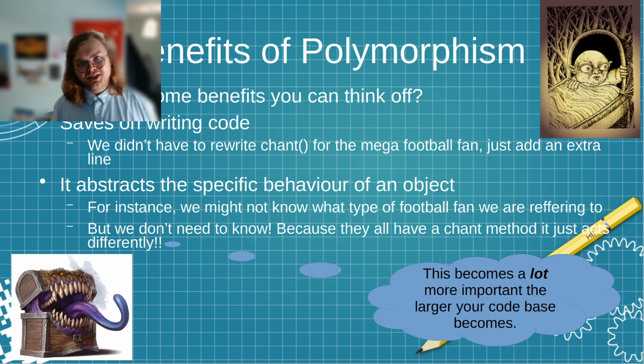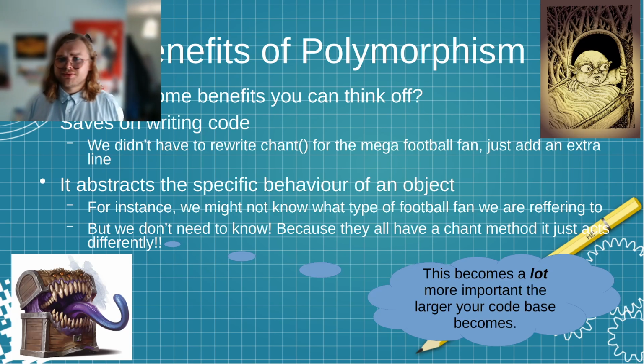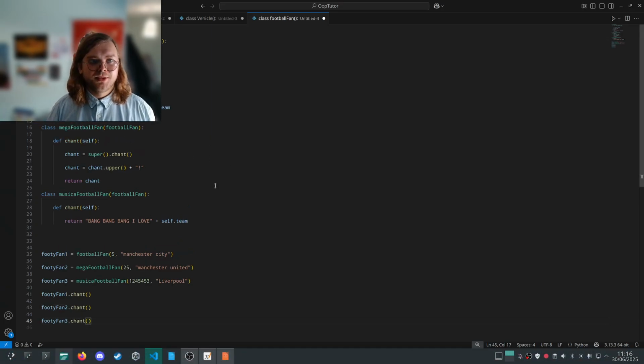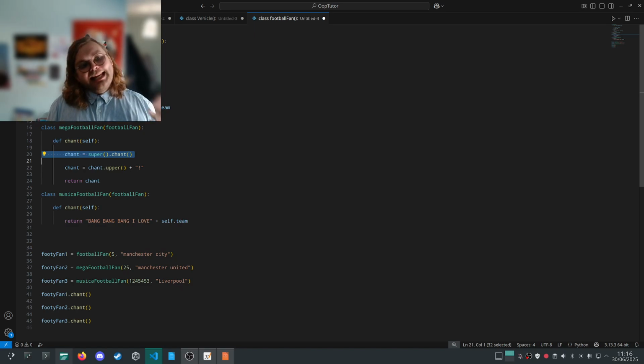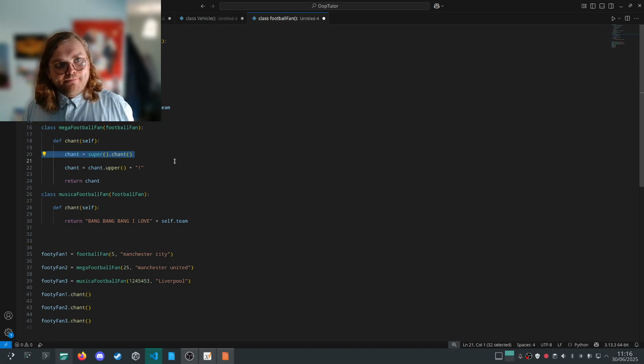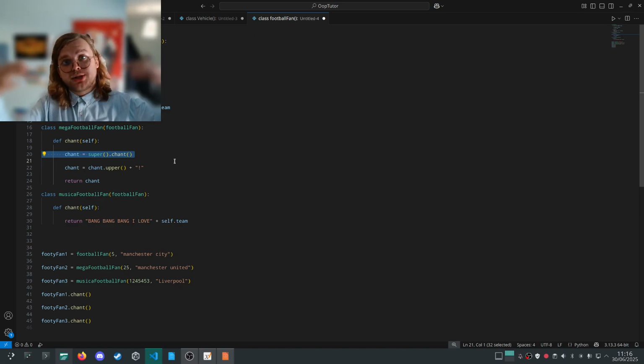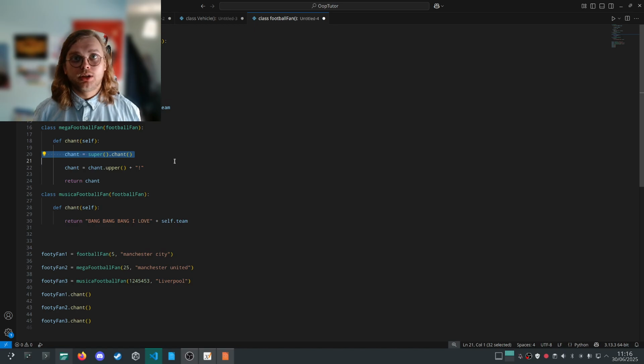Well, it saves on writing code, doesn't it? So we didn't have to rewrite chant for the Mega Football fan, it just added an extra line, right? So you see here how this could have been 2 more lines. Now, it's not really that obvious in a project this small, but it's something that I'd make very clear to the kids, that the bigger your project gets, the more and more time and code you save by using object-oriented